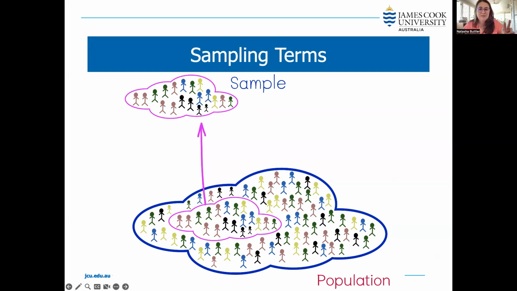So there are two basic types of sample. Probability sample, in which every member of the population has a known